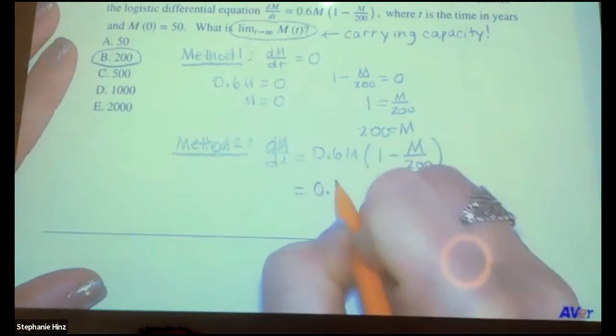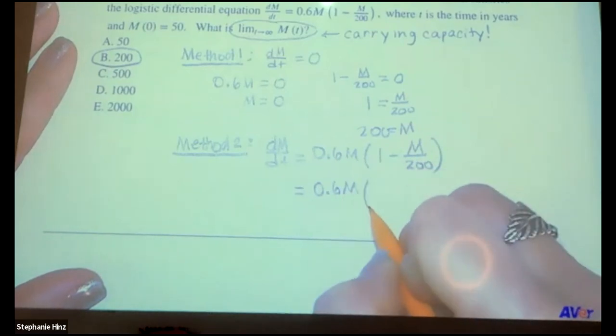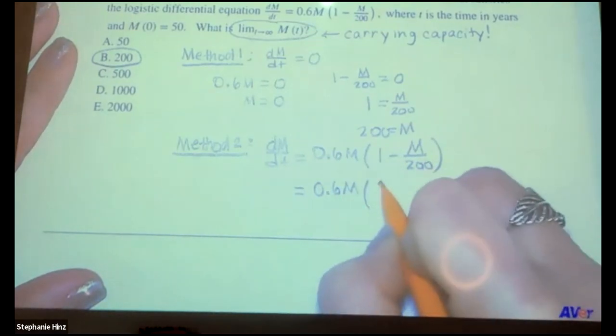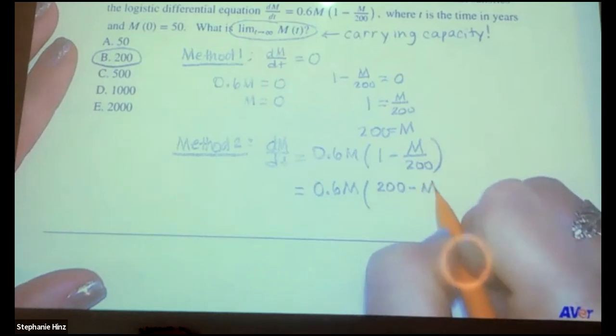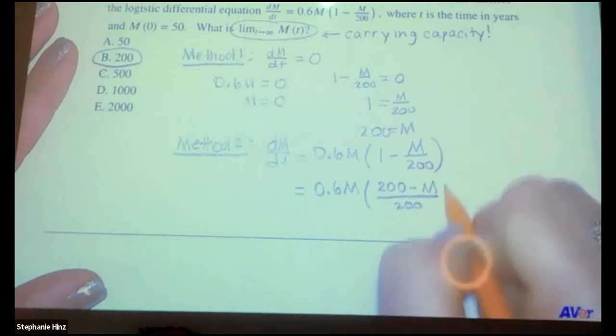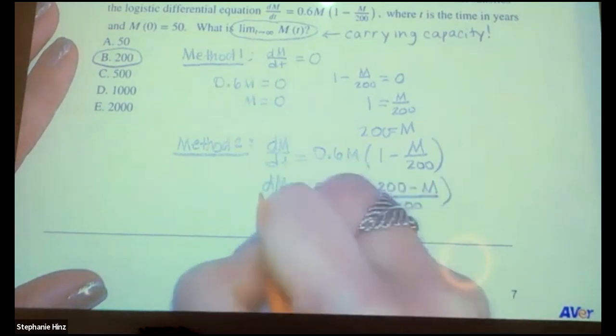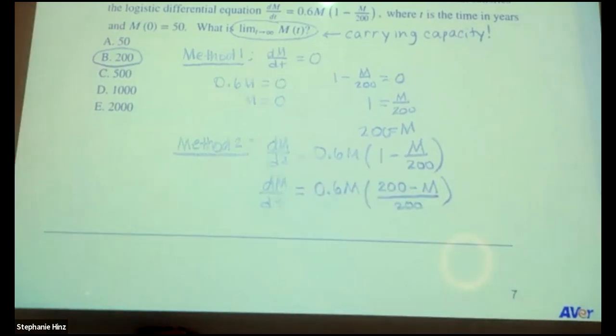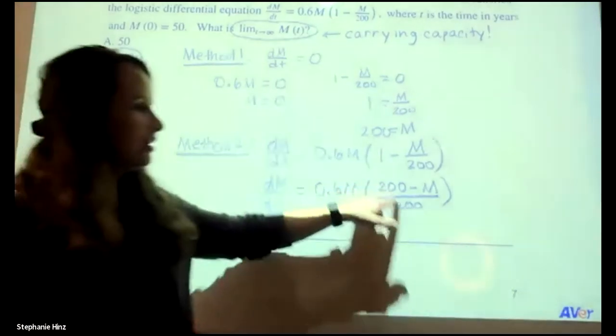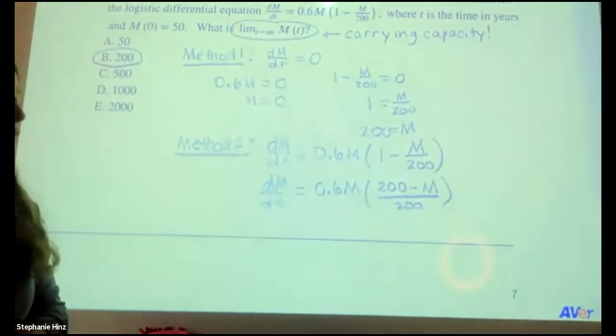So the way that you go about manipulating this is you're going to get a common denominator here. So that's 200 minus m divided by 200. And then, so this is the same thing as what we had here. If I factor out